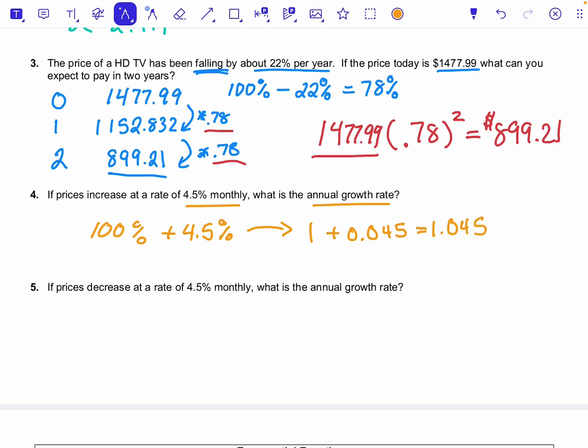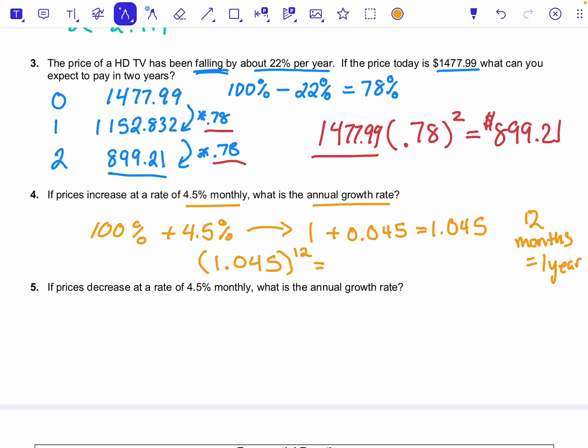Now, how many months are in a year? Well, there are 12 months in 1 year. So I'm going to be multiplying by that 1.045 12 times. And in the previous problem, we multiplied by that 0.78 twice because we had two units of time going by. But here, since we have 12 units of time going by, I'm going to want to multiply by this factor 12 times. Well, I don't actually want to multiply by it 12 times. That's what exponents are for. So if I just raise it to the 12th power,